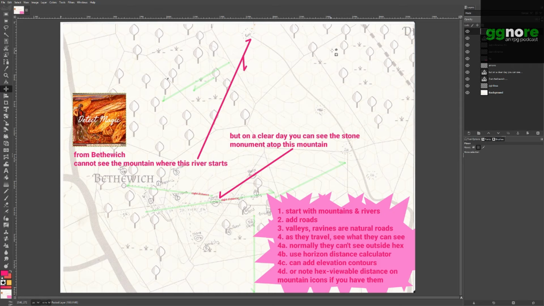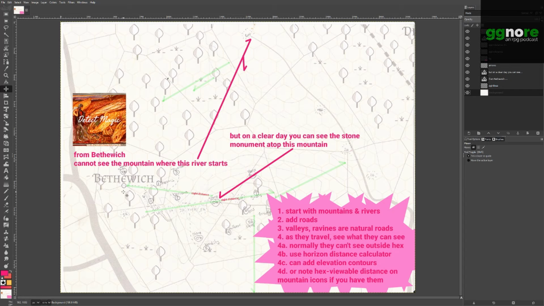So I knew I had rivers here, and is that the only one? No, here's one over here as well. But I knew I didn't have to concern myself with this westernmost river because the players weren't going to bother going there. I haven't prepped anything over there. And they had plenty to do, as you can see by what I've written on here already. They had plenty to do already over to the east.